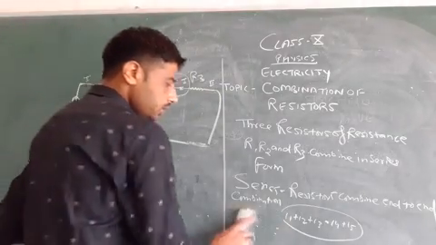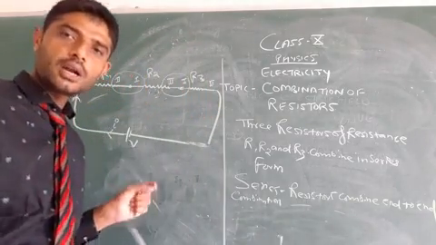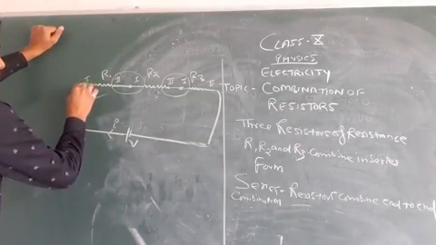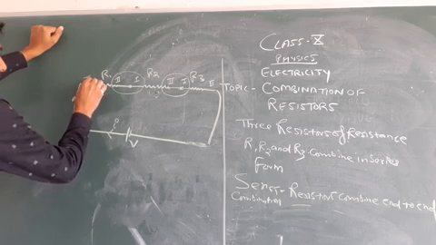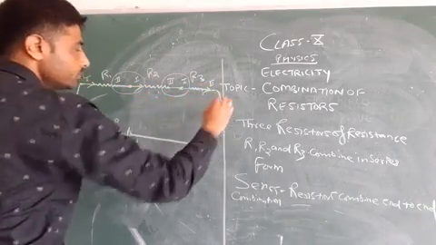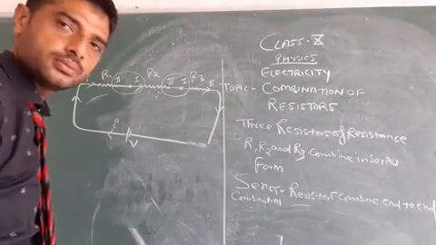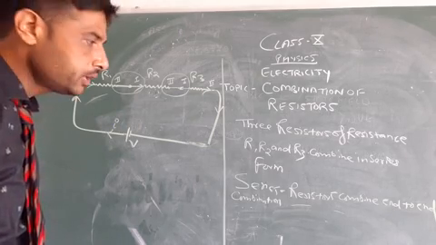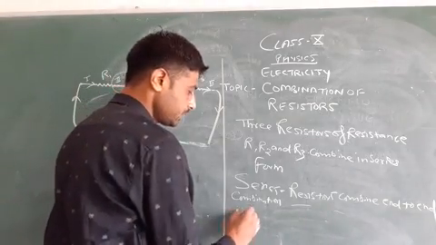So, if a path is available for the flow of current, then current will flow. But in this circuit, only one path is available to flow. So that's why current will flow through this circuit, this path. It means equal current. You can note down, this is a special case.